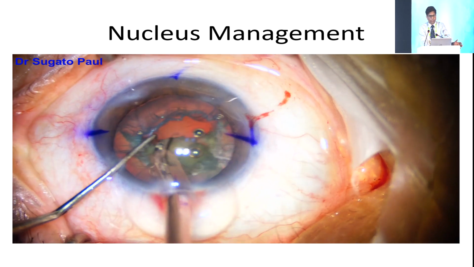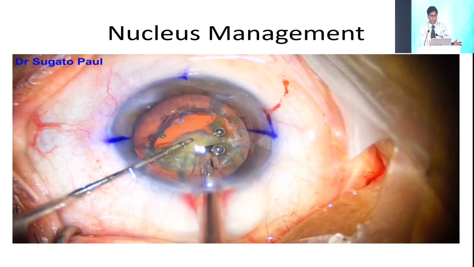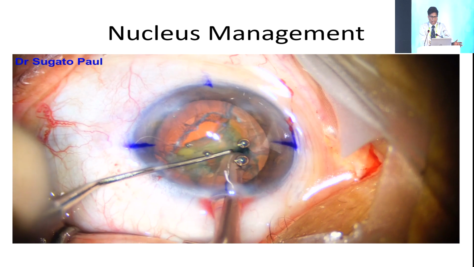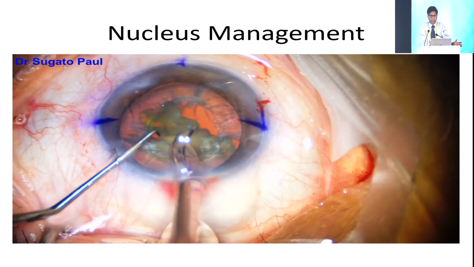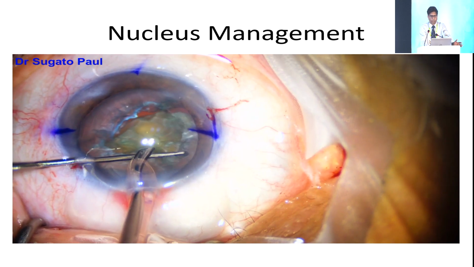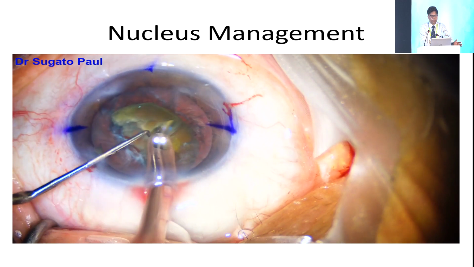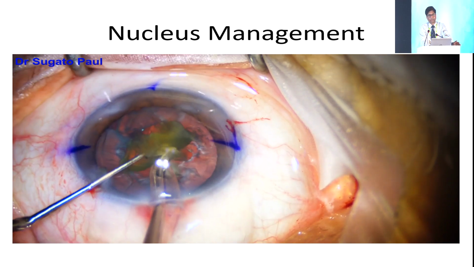Now for the remaining portion, as I've said, by this time there is a lot of fluid flow, so the nucleus can be very mobile. So I'm taking the third piece out. If you have noticed, the chopping was slightly different. It's in the opposite direction, and now there is some epicortex and the fourth piece, which I have just slightly moved, the nucleus, and take it out.